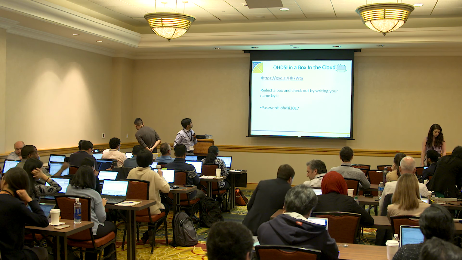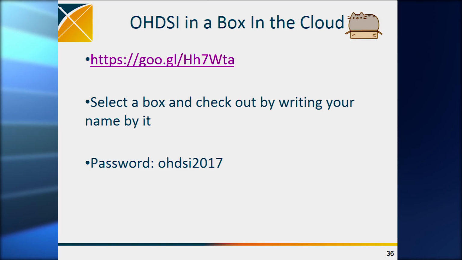Okay. So if you're having difficulties with the VM and you say, okay, well, let me forget this and I just want to use the web version, you can still use this URL. It'll take you to a Google Excel sheet, and then from there you can use one of the VMs listed there and just allocate your name on that.